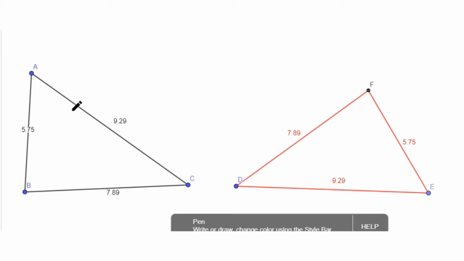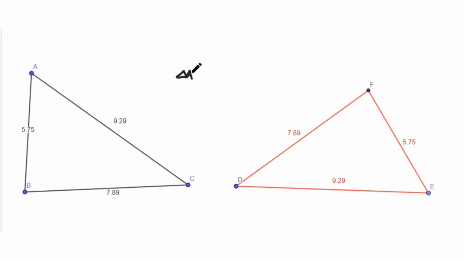So here we've got triangle ABC that is congruent to. Now in congruence we have to remember that the sides have to be the corresponding sides. So AB is 5.75 centimeter and next is the 7.89. So here we'll start from EF, which is 5.75, and then we go to 7.89. So this should be congruent to triangle